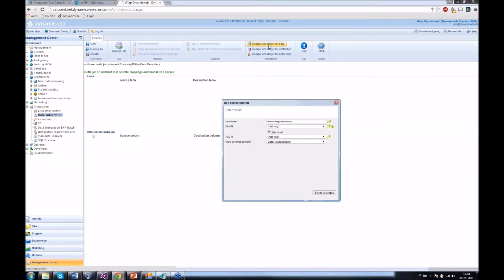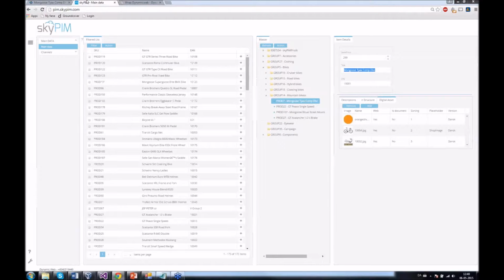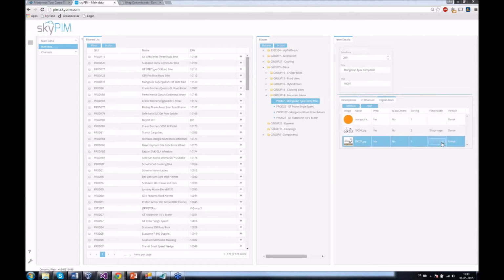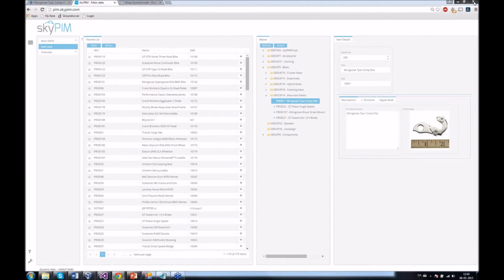And let's just look at the source here. And you can see the e-com provider points to a folder in my file archive. So let's go back to SkyPIM and let's make a small change on this product. You can see the image here is this bike, here shown in large. Let's try and change that and make an export to verify that this data arrives in Dynamicweb. So I've now changed the description of the product, or no, sorry, the image of the product, and I'll go